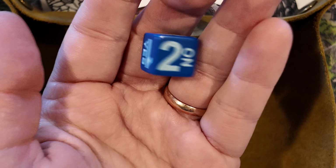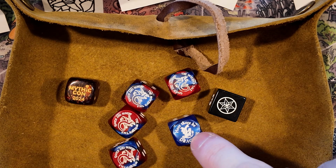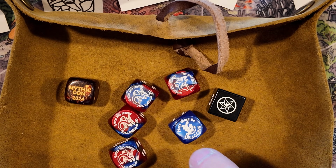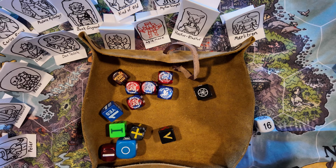D2 on a D6. Got my dice from MythicCon, and someone at Paige gave me this one. I forgot your name, sorry. I have a lot of weird D6s. I'm gonna show off the bulk of them right now so this video doesn't get too long, but I think